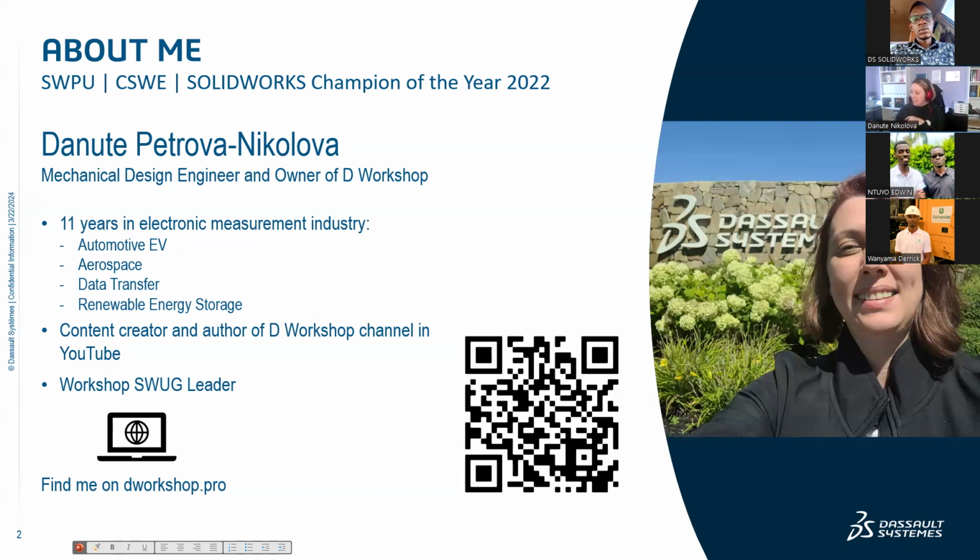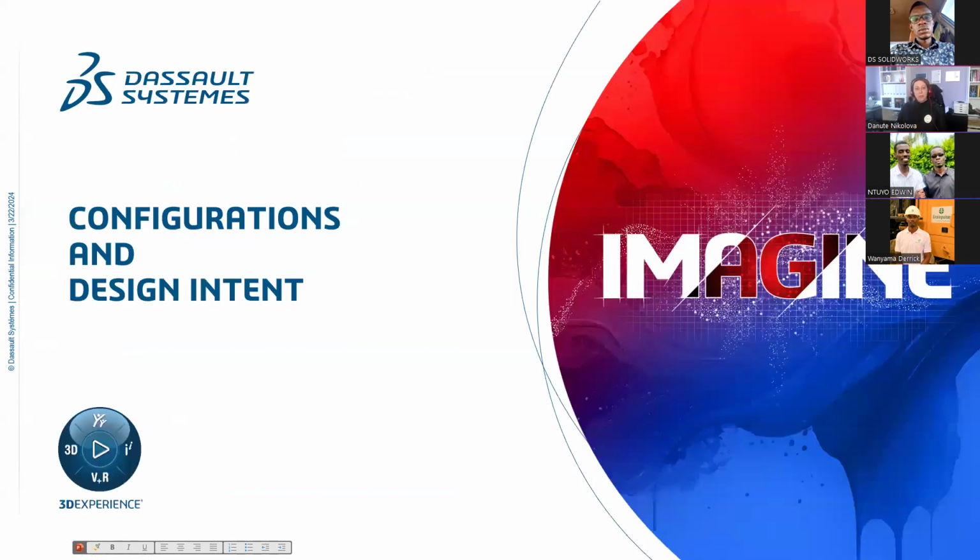So as I said in the first slide, I will move back to this one. Today, we are talking about configurations and design intent. I will just talk briefly about design intent. What is it, design intent, and why do we need it? Design intent is the way you make your models to be stable, adaptable, and to fulfill the requirements that were placed at the beginning of the project. To achieve this,